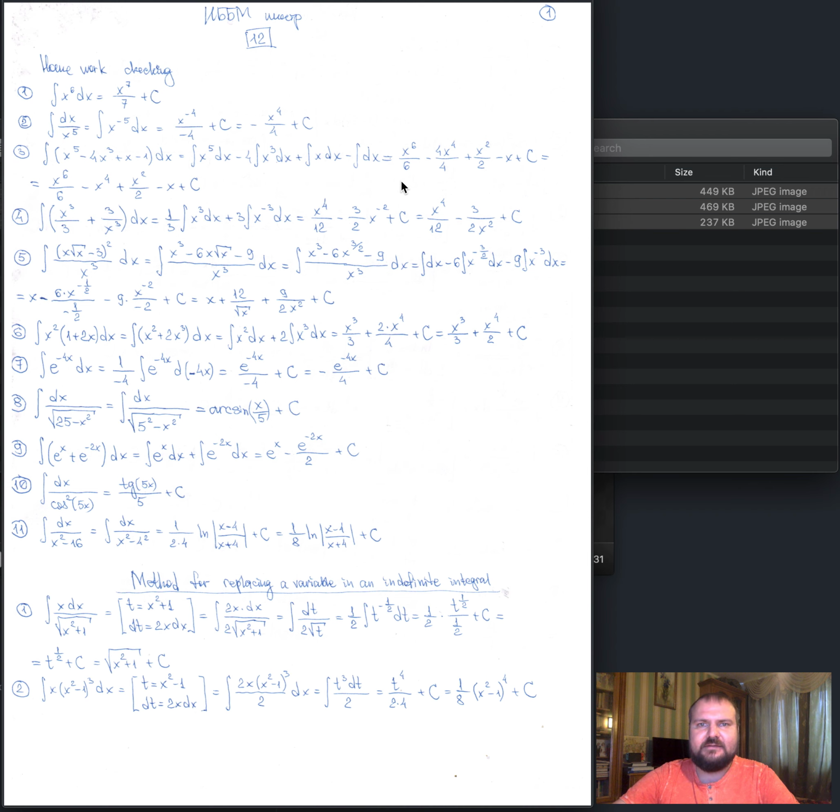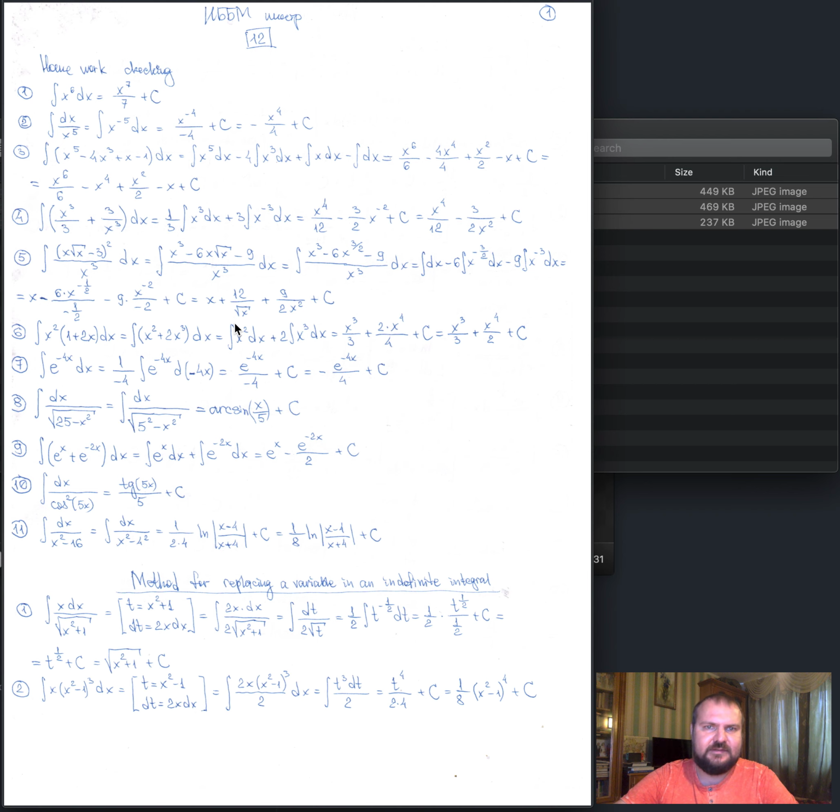Of course, the answer would be x in power 6 divided by 6 minus 4 x in power 4 divided by 4 plus x in square divided by 2 minus x plus c, and we rewrite this fraction and only this second fraction. X in 6 divided by 6 minus x in 4 plus x in square divided by 2